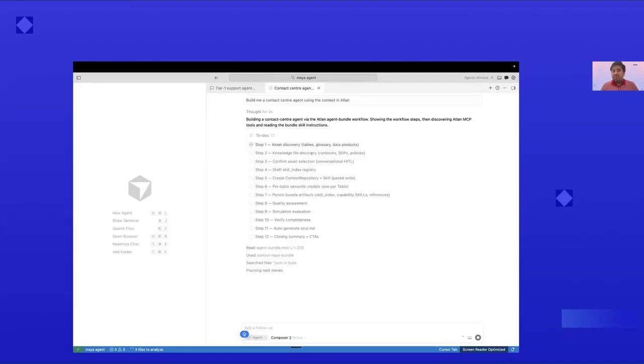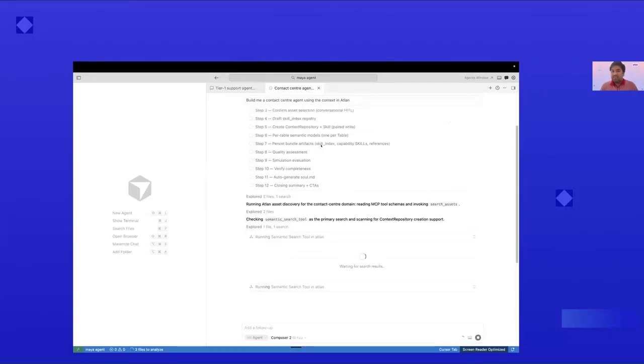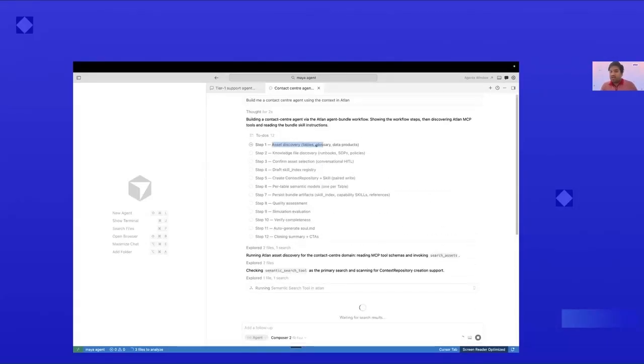all of that can be leveraged to now build this contact center agent that we're building called Maya. It understands and knows that it needs to go and look at all of our tables. It helps you search for that. It helps you search for all of your knowledge files, which are all your SOPs. It teaches the agent what to do and in what situation. It also can build all of your skills. Think of skills as mental models or capabilities that you need your agent to have to be able to do